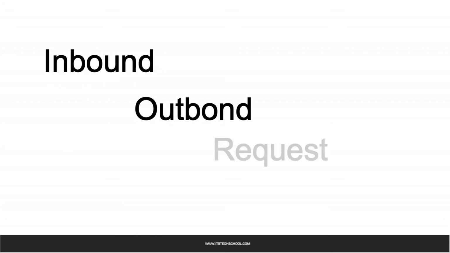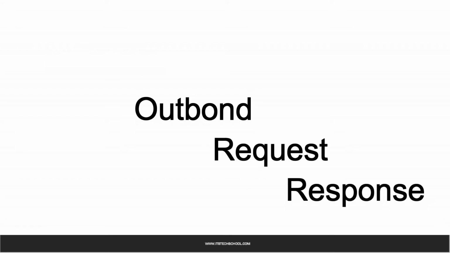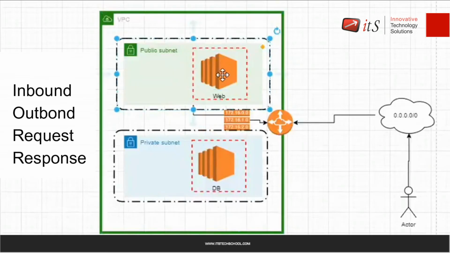Inbound, then outbound, then request, response. If you understand this concept, you will easily understand what stateful and stateless are. If this is my virtual machine and this is my firewall, and I am getting any request from the outside, that we call inbound for my web server. If I'm getting any request from the outside internet in my web server, in my network, that we call